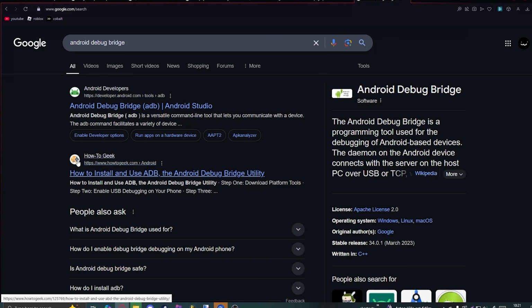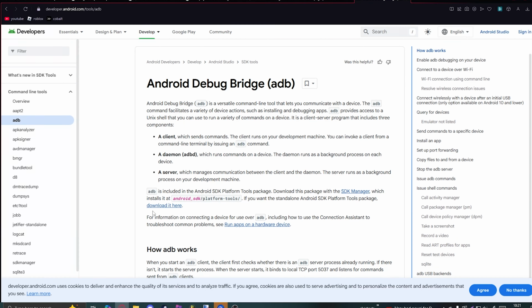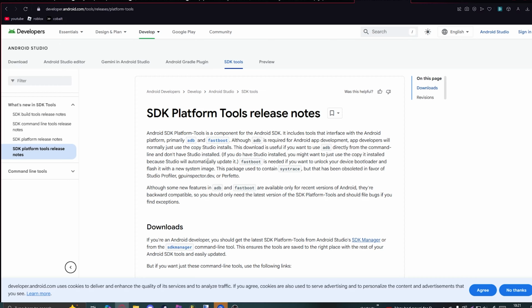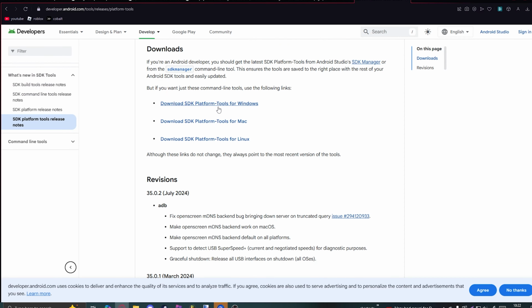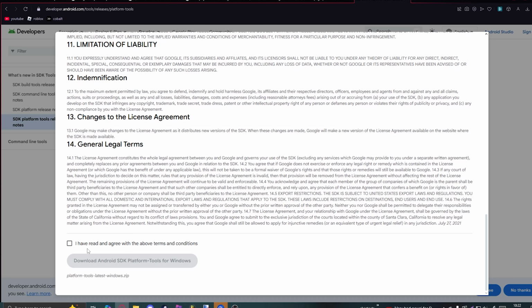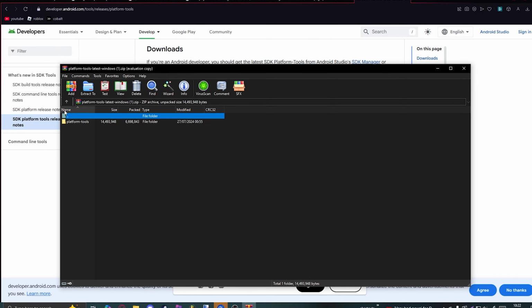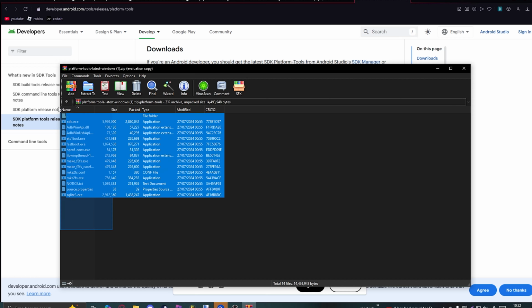I already have it installed, so I don't need to do it again. Oh yeah, download it here. If you want the standalone Android SDK platform tools package, which is what we want, download it here. So basically that, then download SDK platform tools for Windows, blah blah blah. I've read and agree, and we do that, and we open it, platform tools, and this is